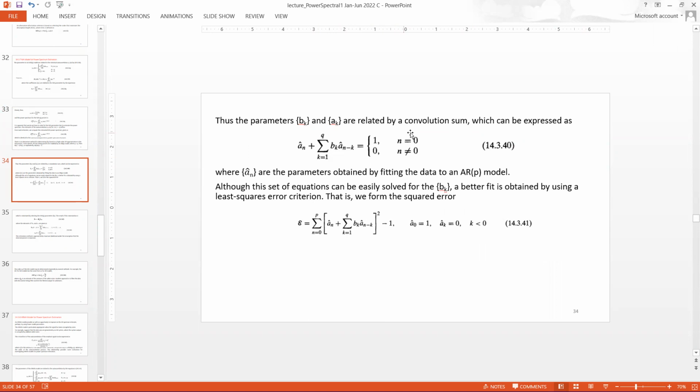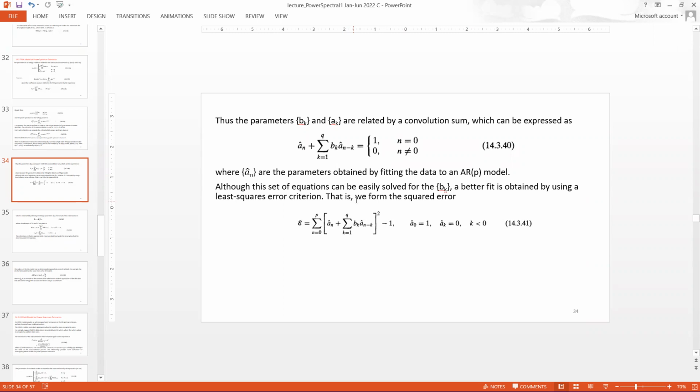So for value n equal to 0, we have 1, and for other values it is 0. So where the AK parameters are obtained by filtering the data to an AR model. আমরা AK ভ্যালুটা মানে প্যারামিটার ভ্যালুটা ফিল্টারিং এর মাধ্যমে ডিটারমাইন করতে পারি।